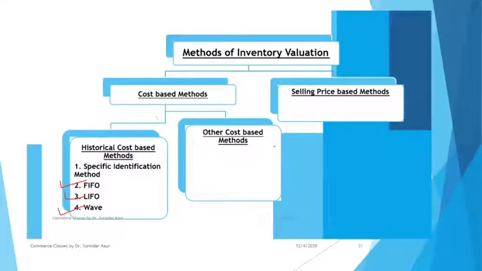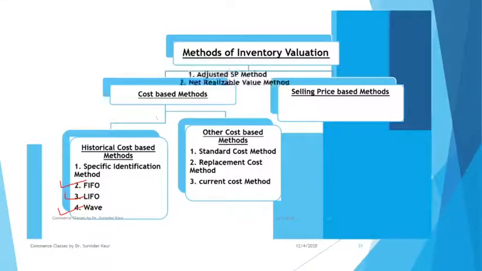Now other costs are costs which are not historical cost. On the basis of standard procedures, you may say that usually when we buy these stocks, this is the cost at which they should be purchased. So that is standard cost. Another can be replacement cost. If you want to replace these inventories with a similar kind of inventories, then what will be the cost involved? Then current cost is how much price there is for the inventories right now. So the current purchase price of the inventories will be another technique of valuing these inventories. However, these methods are not advised by accounting standards to be applied in most conditions. So the most generic methods are FIFO, LIFO, and WAVE.